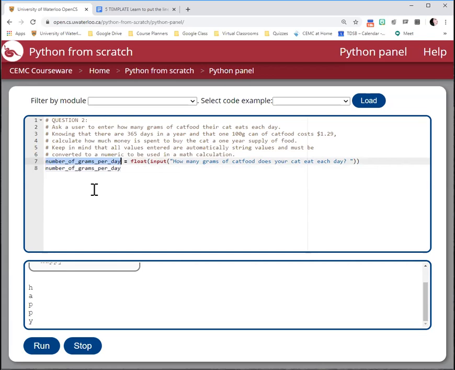I could do Control C, and then down here, Control V, and I wouldn't have had to type it in at all. Okay, so number of grams per day multiplied by how many days multiplied by, what's the cost? Number of grams per day, but it's $129 per 100 grams. I think I need to figure out